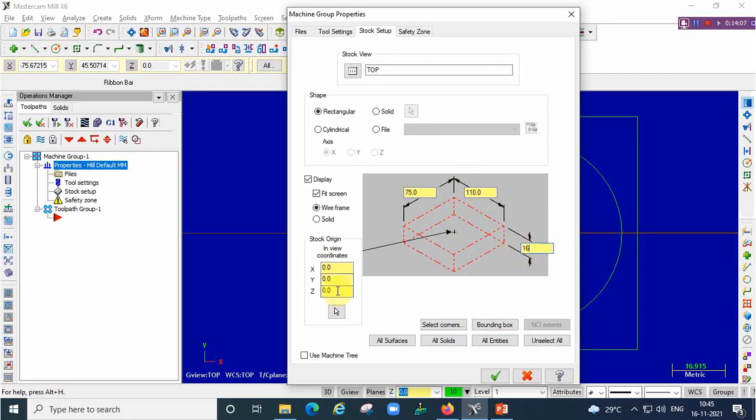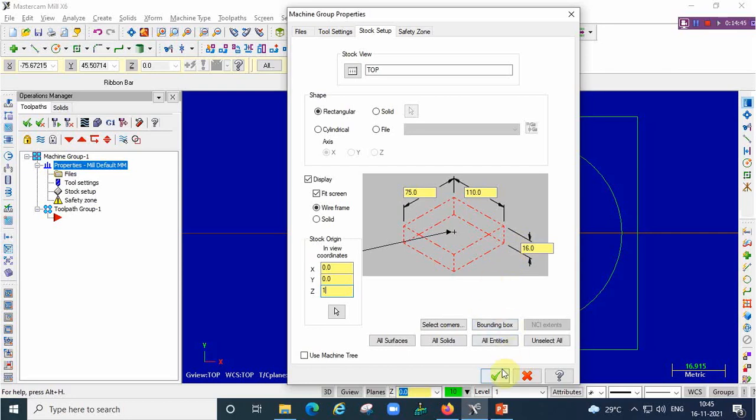Left side is for Z value 1 mm we have to enter. So that 15 mm finally we are maintaining. 1 mm will be removed during facing operation. If we give 16 mm, here left side 1 mm, if we give from the reference point, above the reference point 1 mm will be there, below the reference point 15 mm will be there. After facing operation is over, we are maintaining 15 mm below the reference point. After that we are doing the milling operations.